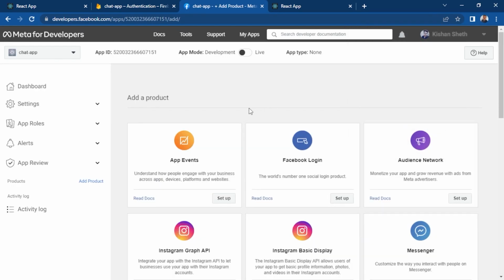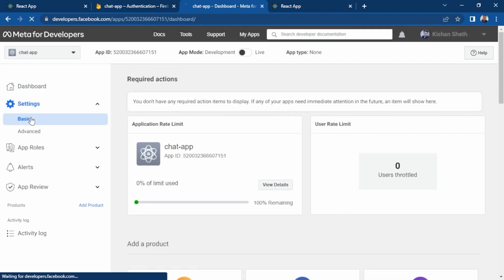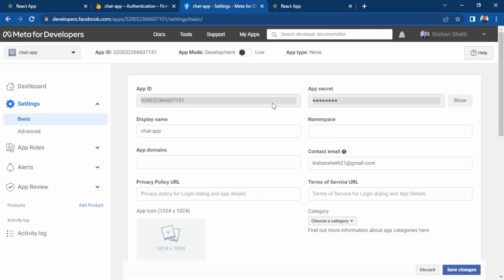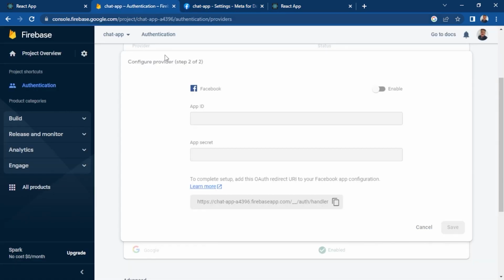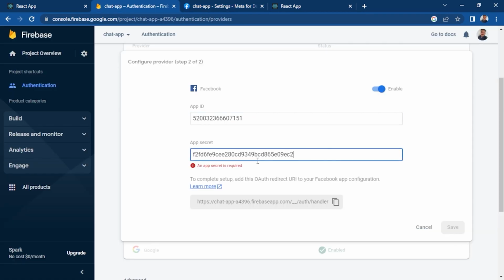And now head over to dashboard, and from here you'll head over to settings, basic. We have to grab this app ID and app secret. So copy the app ID, enable this here, paste the app ID, copy the app secret, paste it here, and